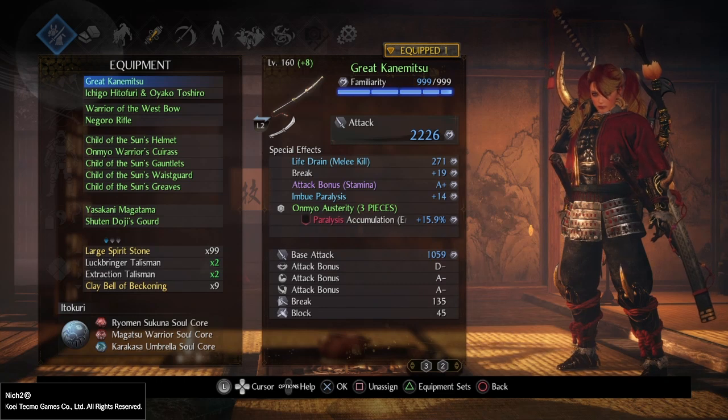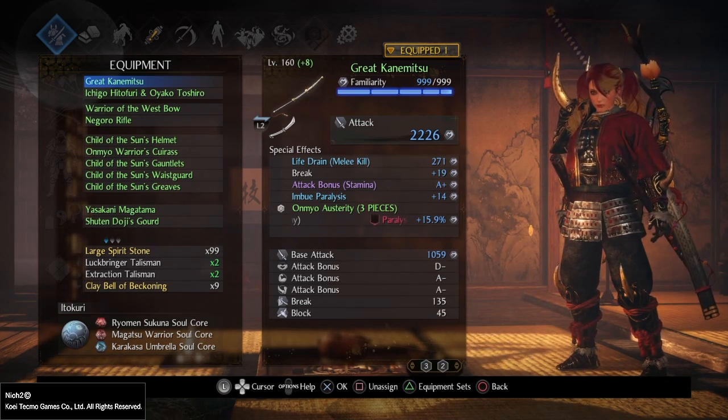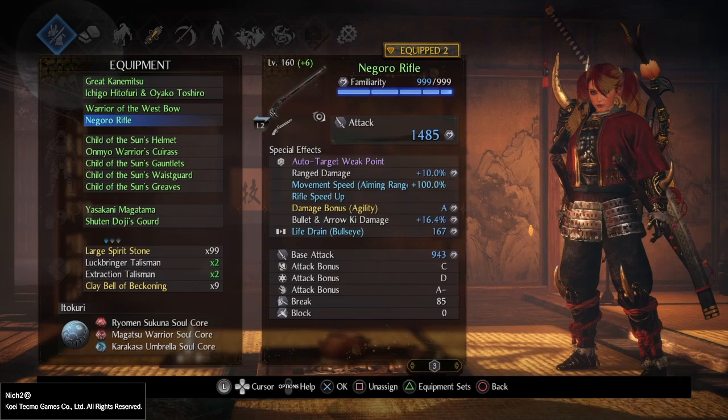I don't like glass cannon builds. I want my character to feel sturdy, to be able to take a hard hit and survive and come up on top. So I was thinking, how do you implement as much luck as possible in your build without sacrificing any damage, without spending slots on your armor for things that don't actually apply to combat? So I had this idea to use the Child of the Sun